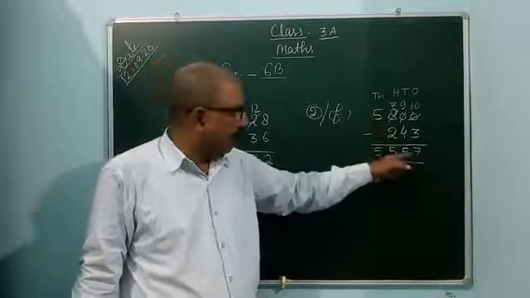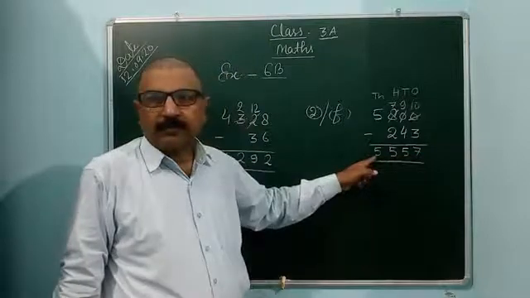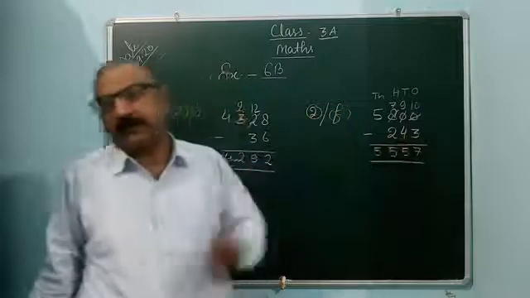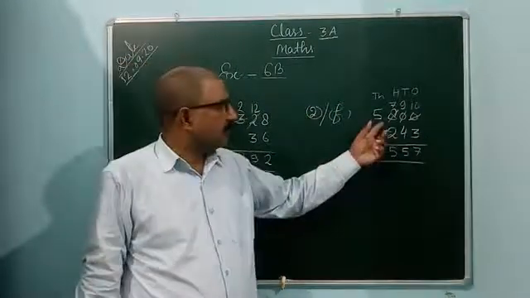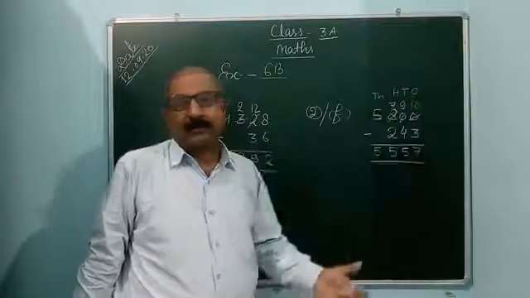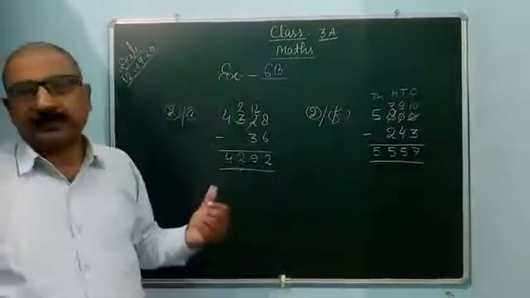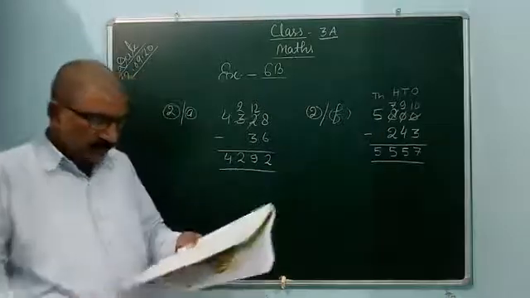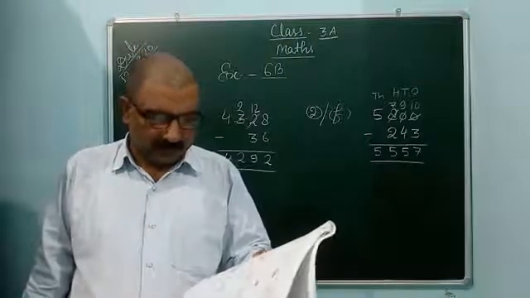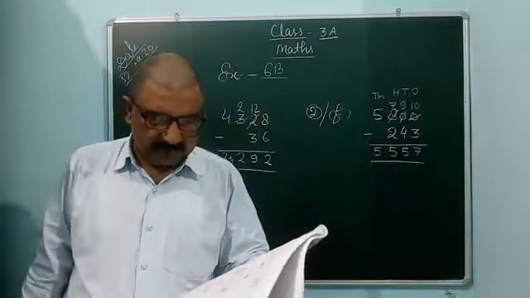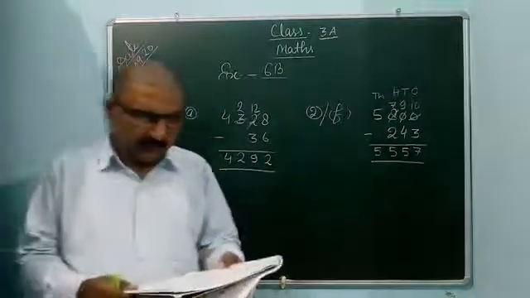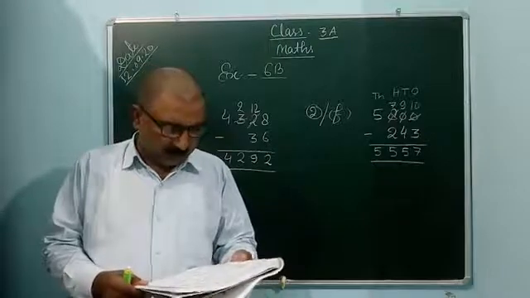So in this way, you add the subtraction result to the number you are subtracting. If you get the bigger number you subtracted from, it means it is correct. So in this way you can do question number second also, and from question number third I will explain the next day. Okay, so you can complete first and second questions of 6B,